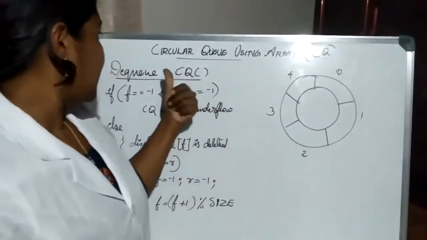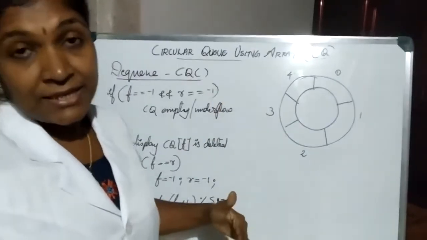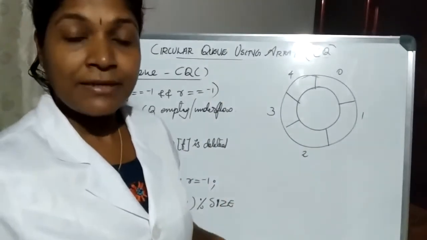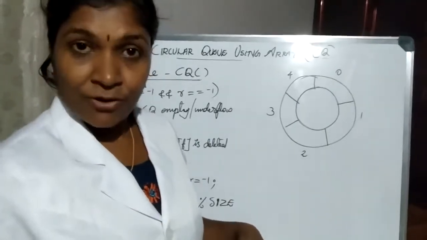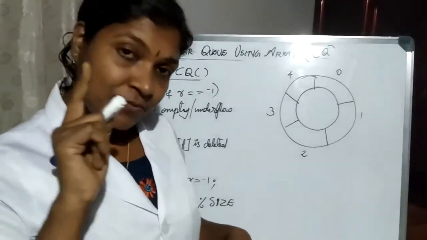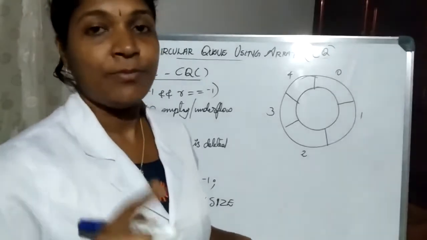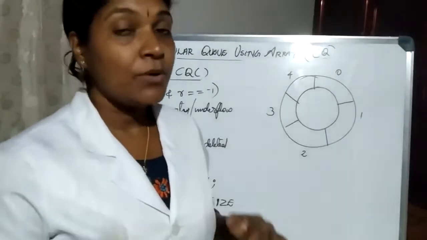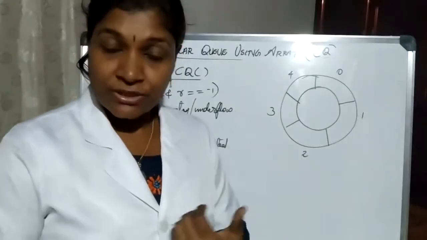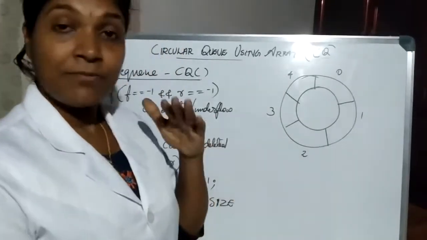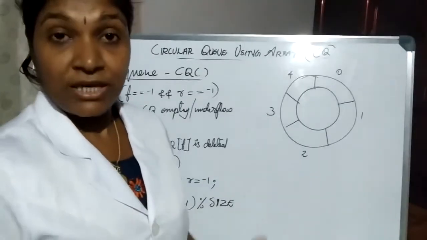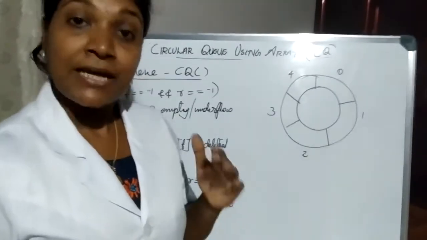So similarly in DQ, what we are checking is whether the deletion of an element is possible or not. That is, whether the circular queue is empty or not, or whether at least one element is there in order to perform the DQ operation. So for that, what are we supposed to check? We need to check there exists at least one element. For that, we can perform the reverse operation. That is, we can check whether the circular queue is empty or not.